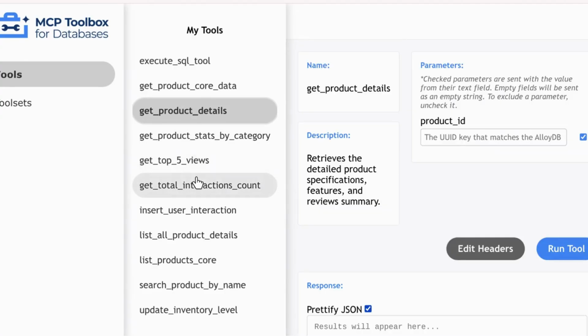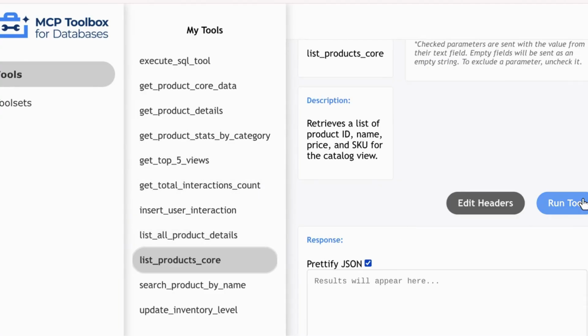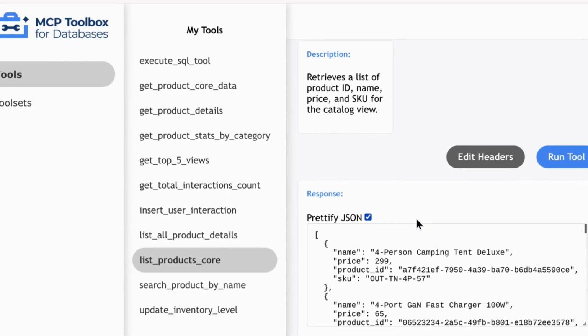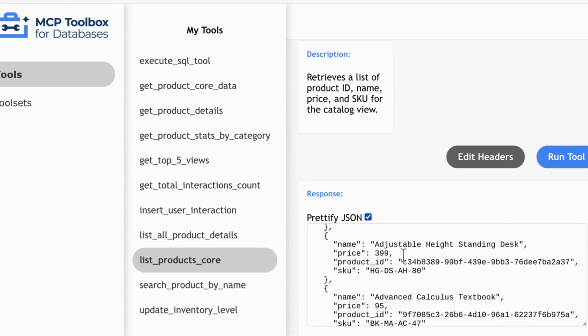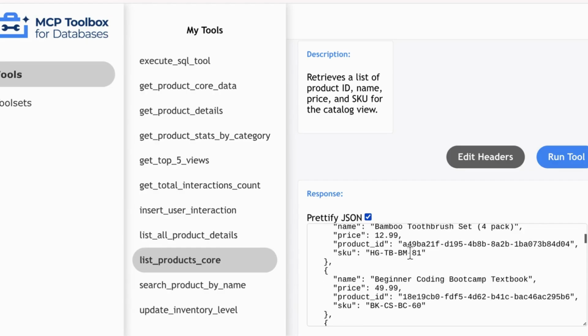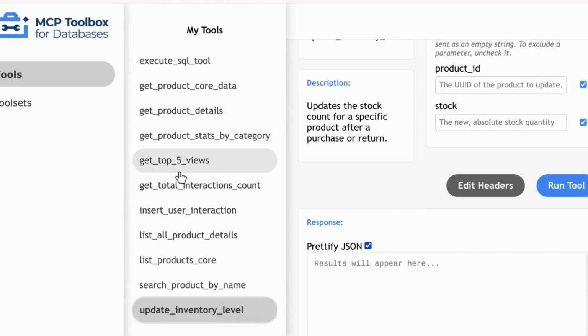Let's test out. So I'm going to list all core products by just clicking Run Tool. And there we go. We've received the JSON response of all the products along with the corresponding details from the database. You can also kickstart the analytics job or anything that you have defined in your tools.yaml from here just